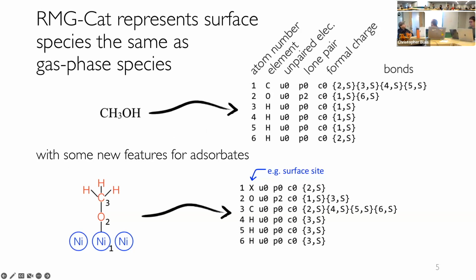A good place to start is with species in RMG. We have the adjacency lists, which is how we represent things. For surface species, there's the added layer of having a surface metal. For that in RMG, we just have this made up atom X, which is not on the periodic table. It's just our surface site. So for adsorbed CH3 or OCH3, you'd have this sort of adjacency list and specify it the same way. You'd say how many bonds you have to each atom, et cetera.